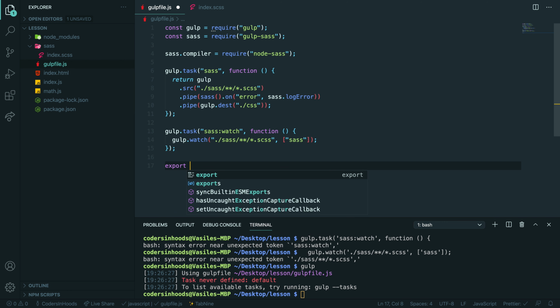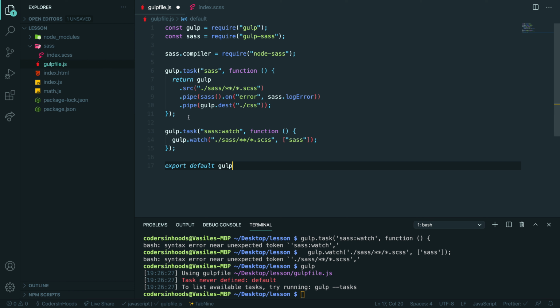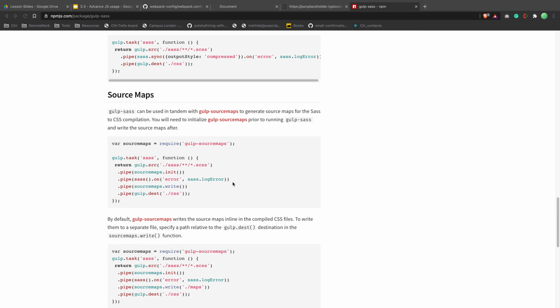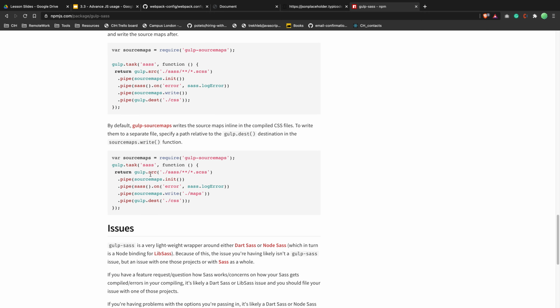Let me just export default. And we want to export, potentially want to export what? Do they explain? It looks like this documentation is for the previous version of Gulp,